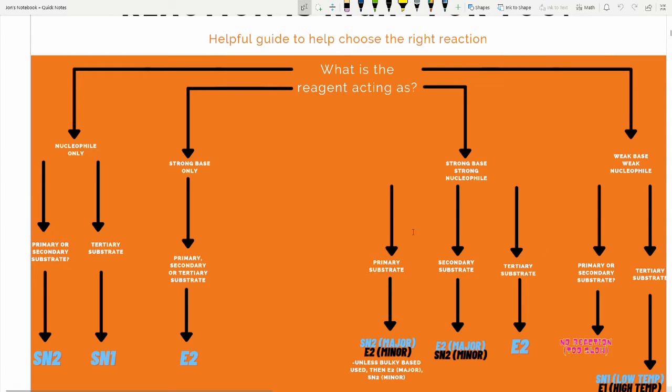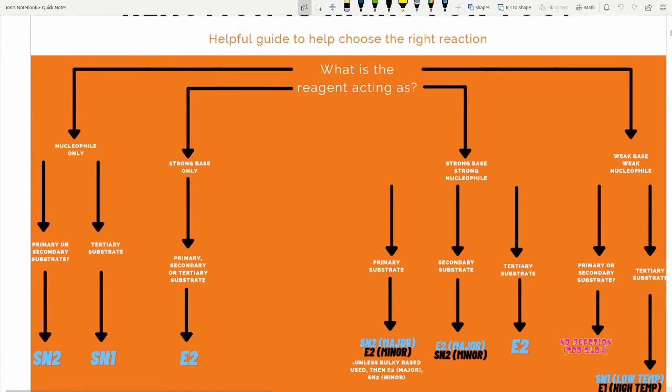In the case where we have reagents such as hydroxide and alkoxides, which are used as strong base and strong nucleophiles, for primary substrates, SN2 will be favored over E2, meaning that the major product will be SN2 and the minor will be E2. Unless a bulky base is used such as tert-butoxide, this will help push the reaction to favor E2 over SN2. For secondary substrates, E2 will be favored over SN2 due to steric hindrance,